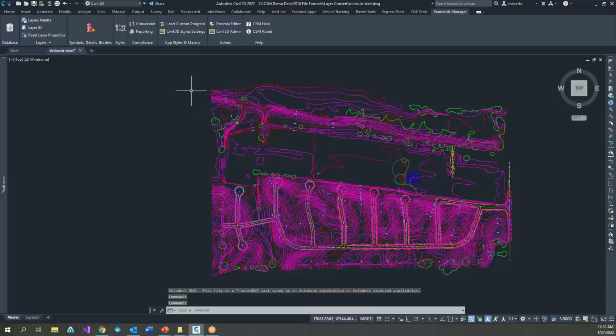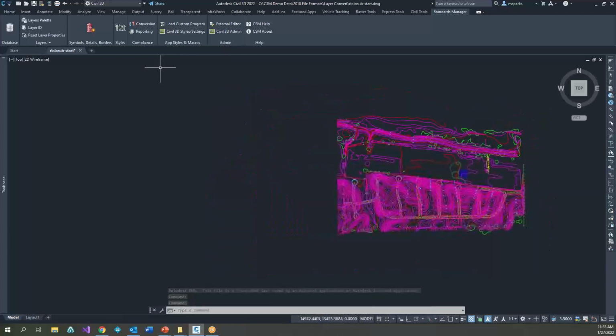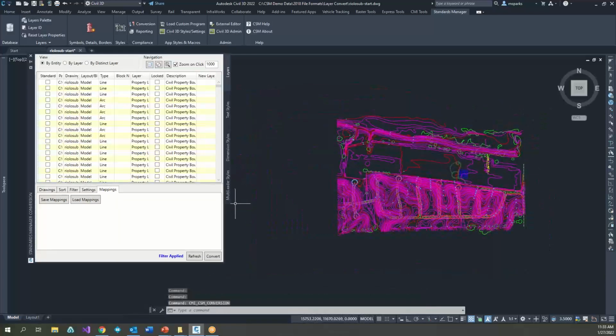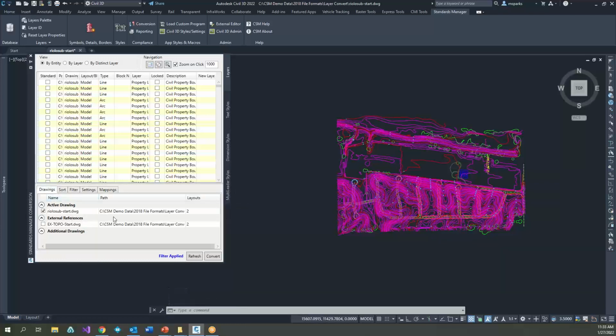Okay, so the conversion, again, I'm going to move this out of the way. So, back to conversion. And I'm going to be converting layers just like we did before. Over here in drawings, I'm also going to check on the eTopo start, which is the X-reference coming here. And so now you'll see,